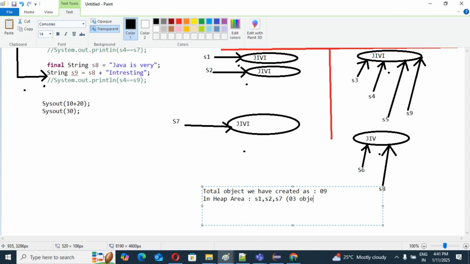In the SCP area, we get S3, S4, S5, S6, S8, S9.